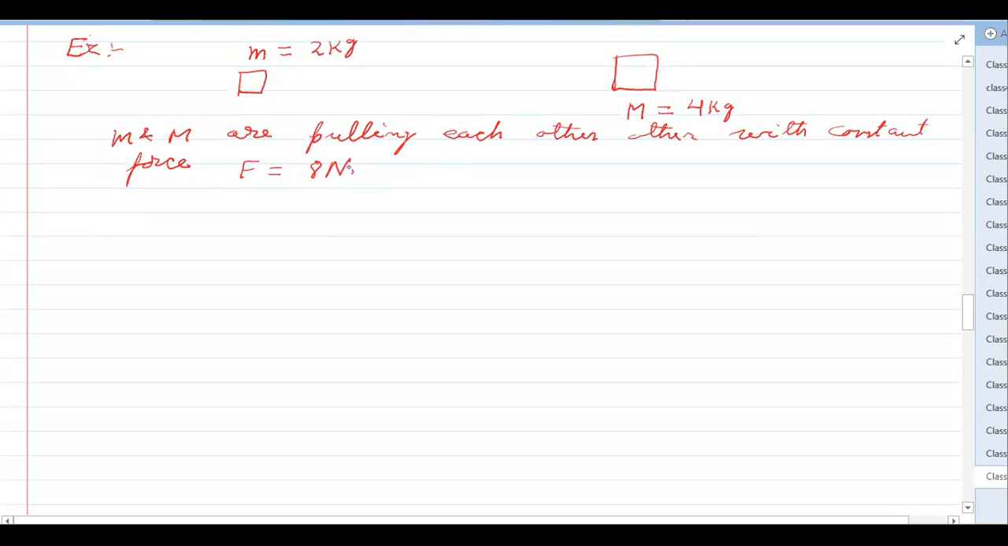And what we are going to do is, suppose the initial velocity was 0. Initially the two objects are at rest. Initially m and M are at rest. Okay, so if they pull each other with constant force, they will acquire some velocity. Okay, so verify the work energy theorem